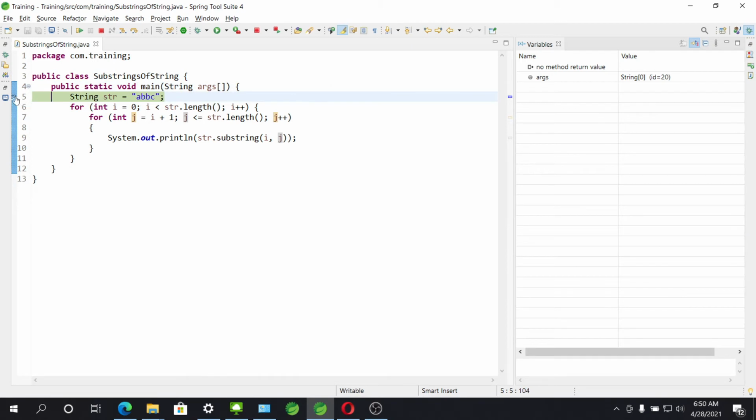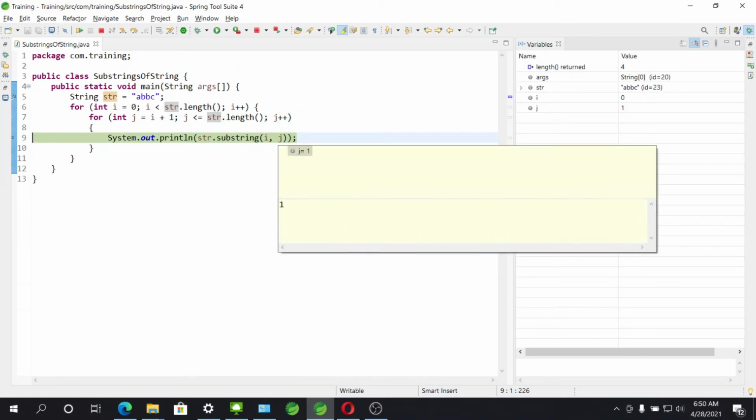We have put a breakpoint over here, so the execution has stopped here, and now we can control this program. Let's execute this line, which will create a string variable with this value. If you see in the variable section, we have created this variable with this string. Now here it will initialize the value of i to 0, and the value of j to i plus 1, which will be 0 plus 1, that is 1. Now if you go here, the value of i is 0 and the value of j is 1.